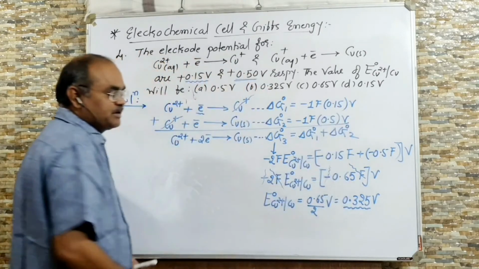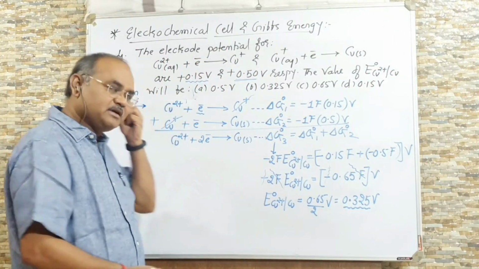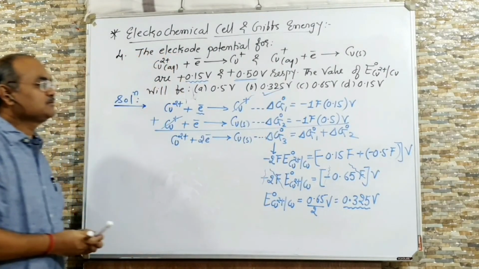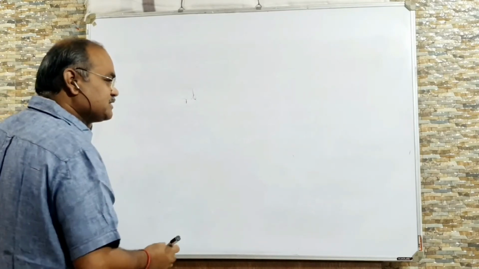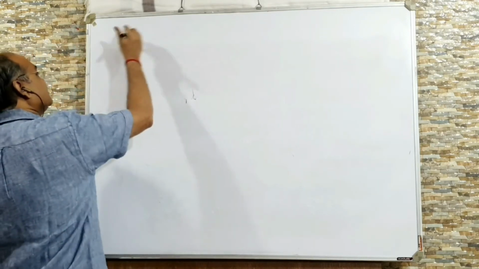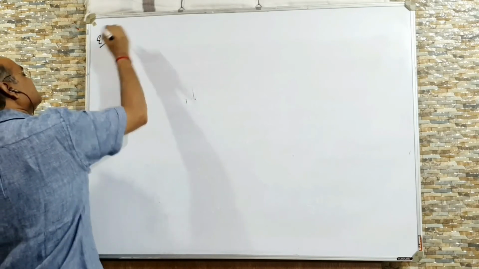So this type of numericals are asked in your JEE and NEET examination, right? So this was one of the examples. Your answer is B. Now one more point is there which is not given in your NCERT textbook, so I would like to take it. You can take it as extra, but sometimes they are asking, right?